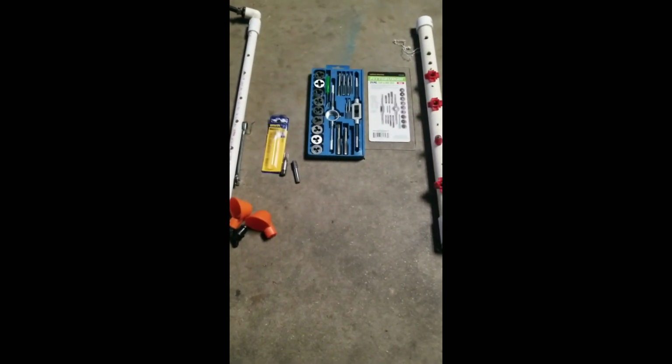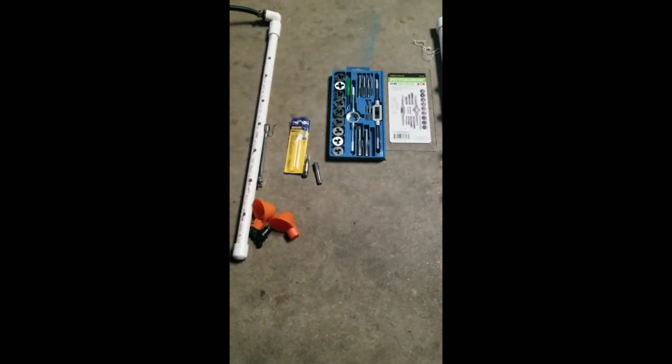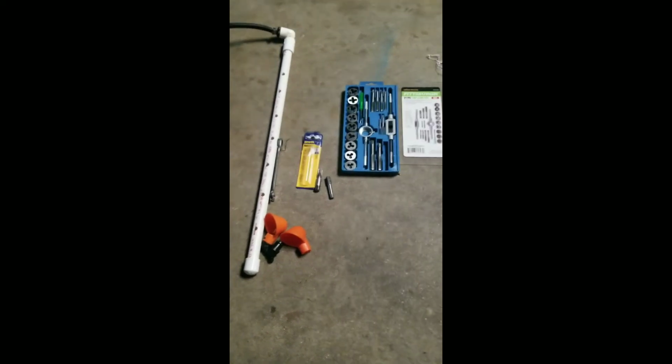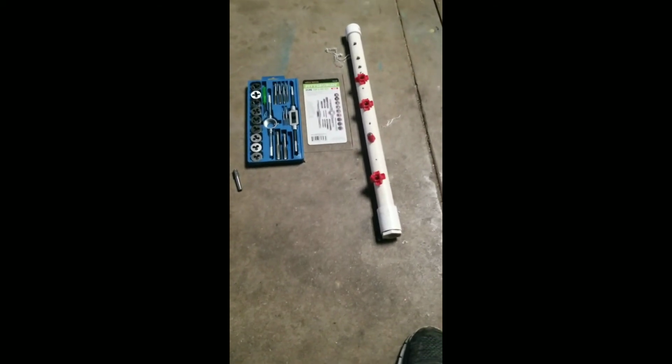What's going on, everybody? J10 back. I just wanted to show you what I was talking about with the watering cups, the setup of what I'm using and what I've used before. I've used the watering cups on this one, but the thing is, when I used it,